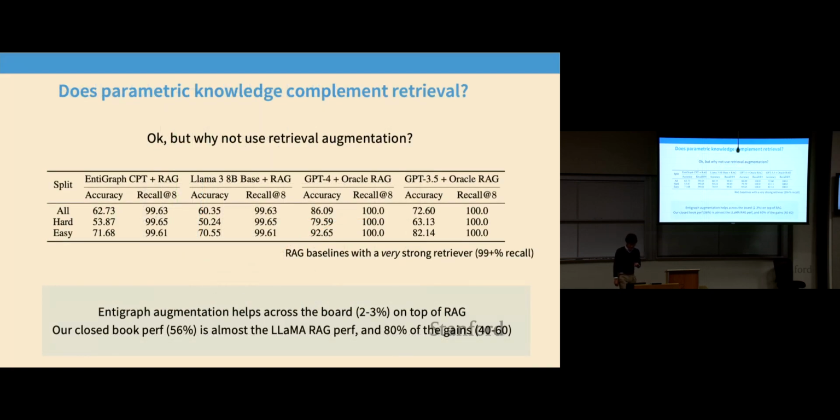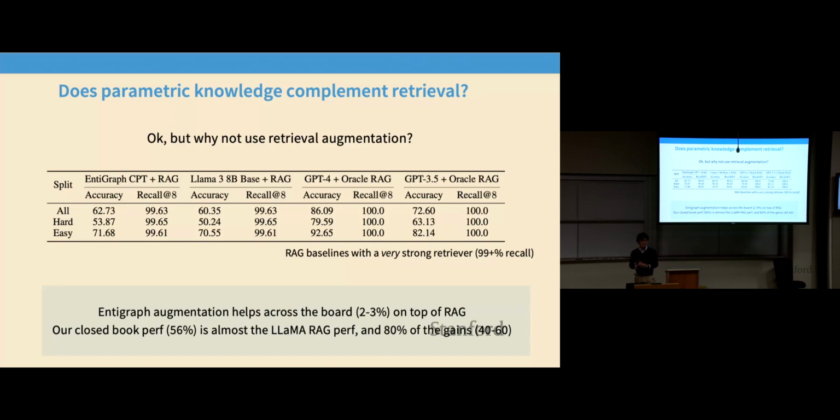So, the final thing that I want to talk about in terms of the empirical evaluation is, all right, you've been talking about spending lots of money and lots of GPU time to generate synthetic data to put knowledge into a language model. But why wouldn't you just use a RAG system? And this is a fair point, right?